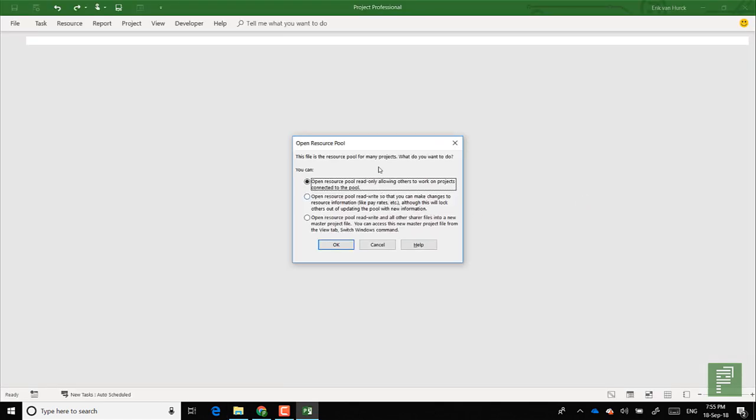When I open up a resource pool that has been shared with the projects, there's a new option of opening the resource pool in different modes. The first option is to open the resource pool as read-only. This will enable other people to work with the resource pool from their projects. The second option is to open it as a read-write version, where you will be able to make changes such